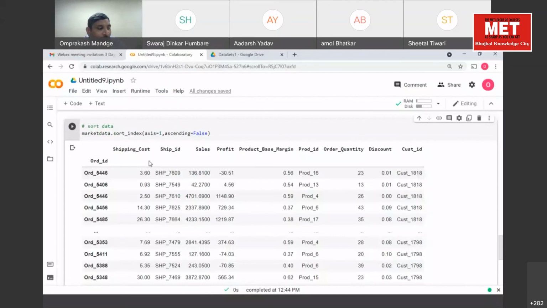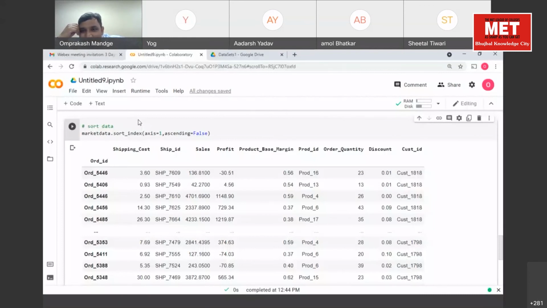Now, what about sort by values? In the case of sort values, we have to specify the column on which we want to sort. I'll just pause for half a minute. So axis equal to 0 means we will sort on columns, and axis equal to 1 means we'll sort on rows, right? Right or wrong? Wrong, sir. It will be the opposite. Okay, good observation.